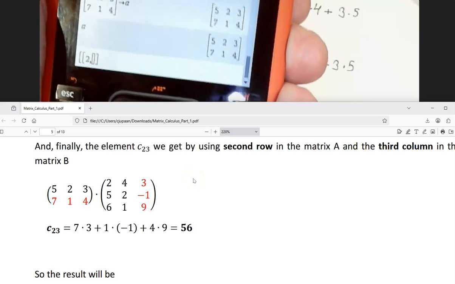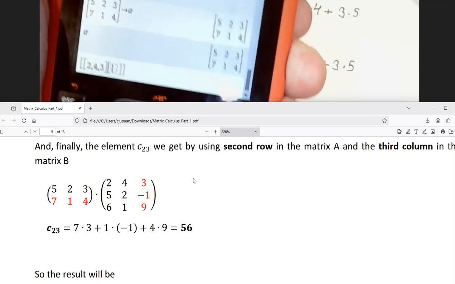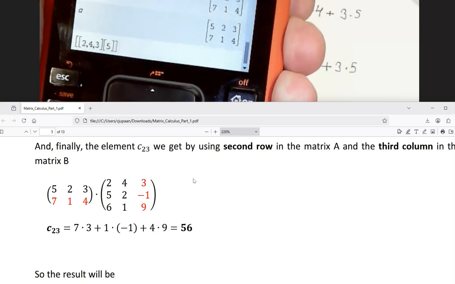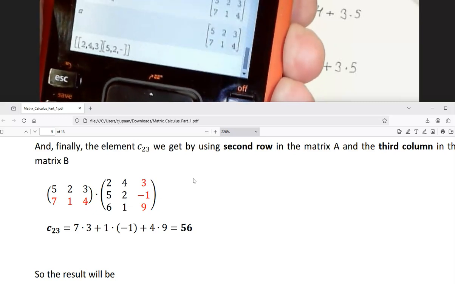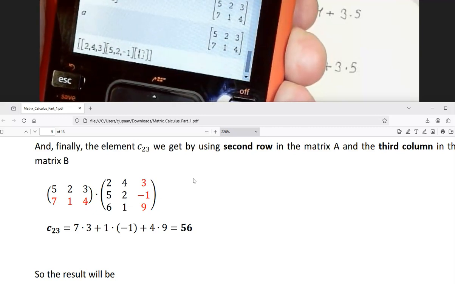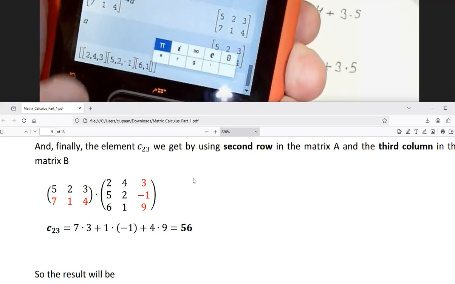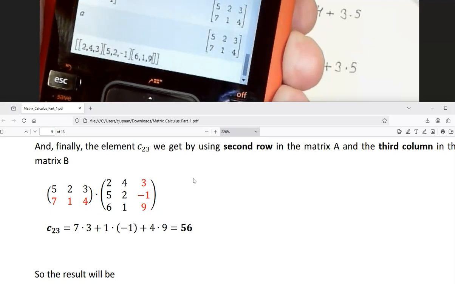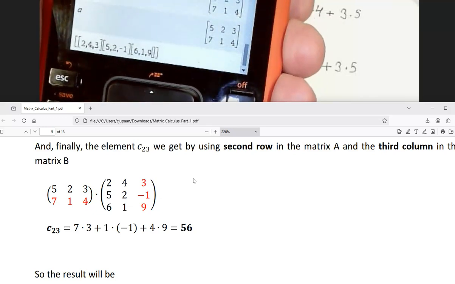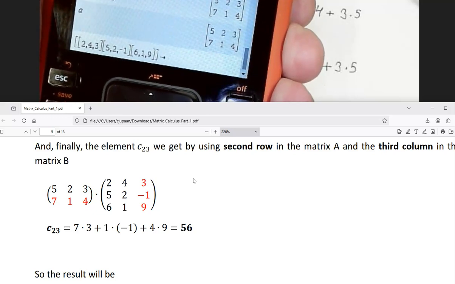I take 2, 4, 3, that is the first row, then the second row also inside square brackets, 5, 2, -1, and then the last one also in square brackets, 6, 1, 9. The elements are correct, and then I will save that to variable b